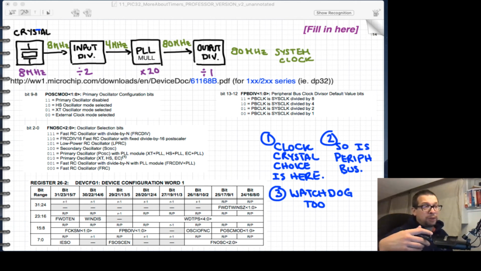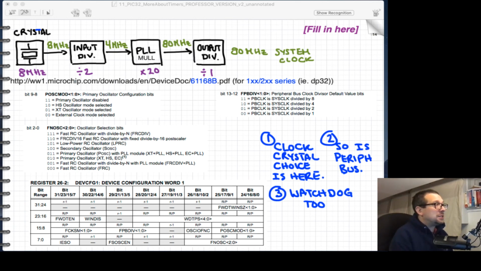What you do in order to make sure that happens is you have the watchdog go at a particular frequency, and when it gets to a particular value, then you feed your watchdog. You change a bit on it, and if it gets changed on time, it won't reboot the processor. If you don't give it the bit it wants, then it will say, oh, something's wrong, I didn't get fed on time, and it will then reboot the processor. Okay,